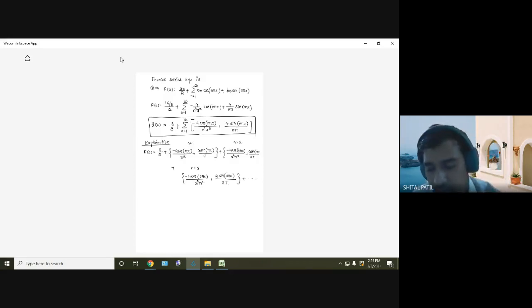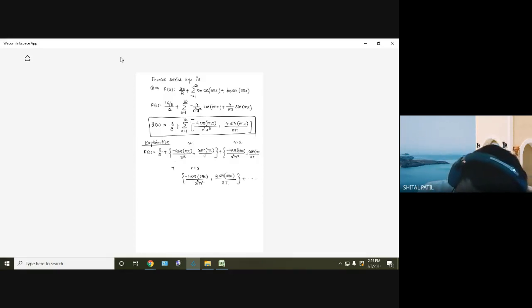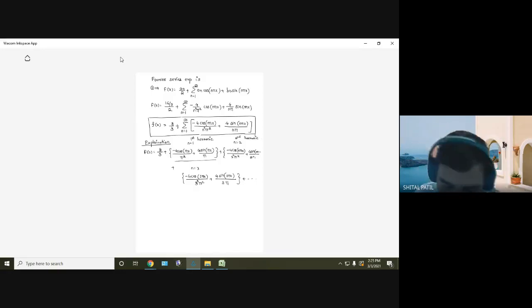Right? n equal to 10, n equal to 100. The term which is obtained for n equal to 1 is known as the first harmonic. This is known as the second harmonic, and so on: third harmonic, fourth harmonic. Now suppose I take only the constant term and the first harmonic. Second option, I take the constant term, first harmonic and second harmonic. Third option, constant term, first, second and third harmonic. What will happen? That we have to understand.